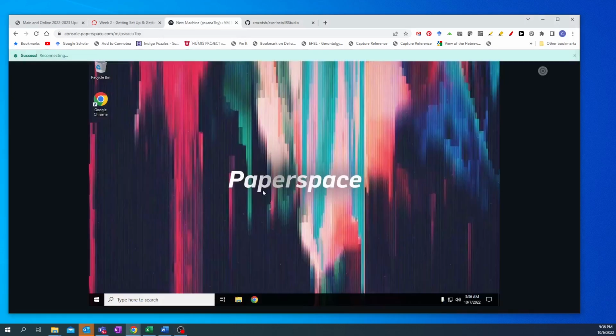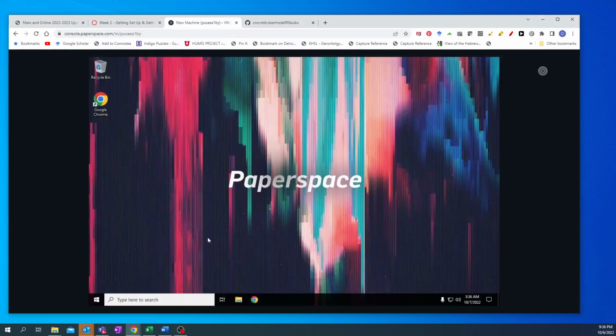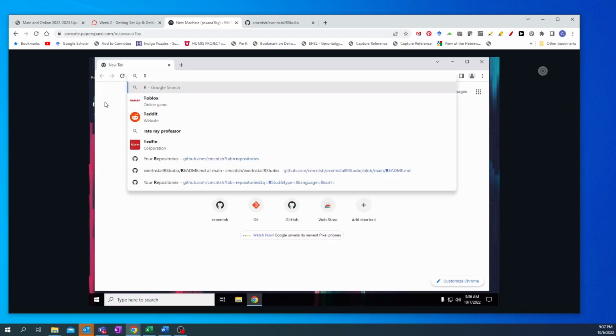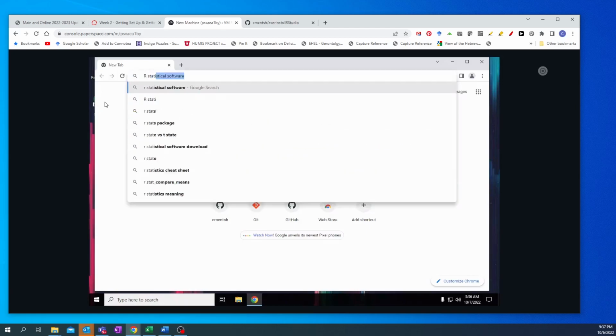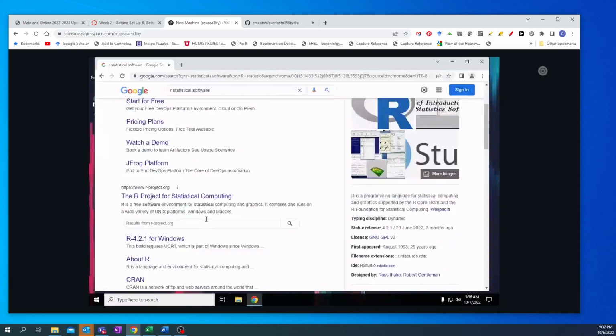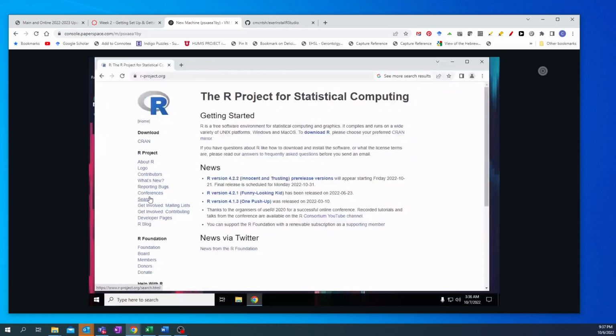So I have a machine here and I'm going to open a browser and go to the R website. And usually if you put in R statistics or something like that, you're going to find this R project. So we're going to go there and